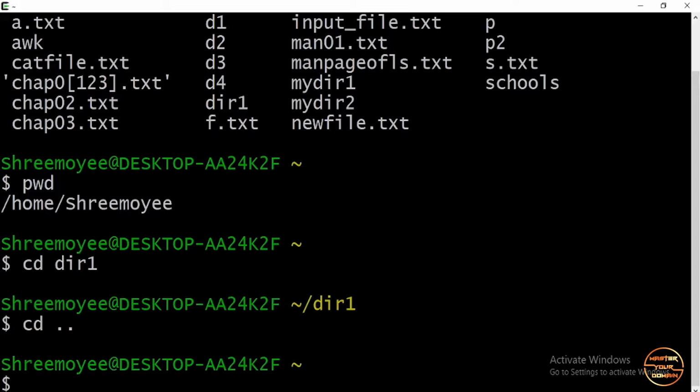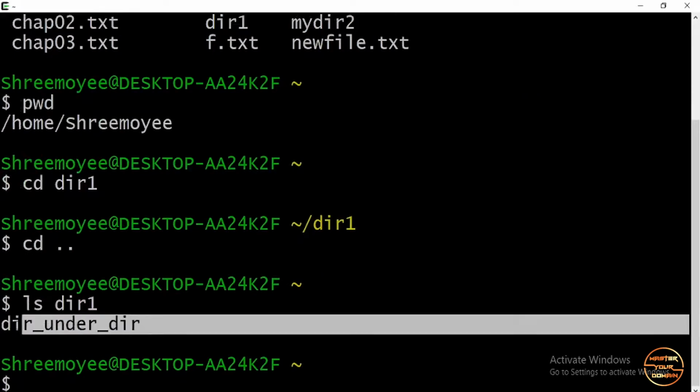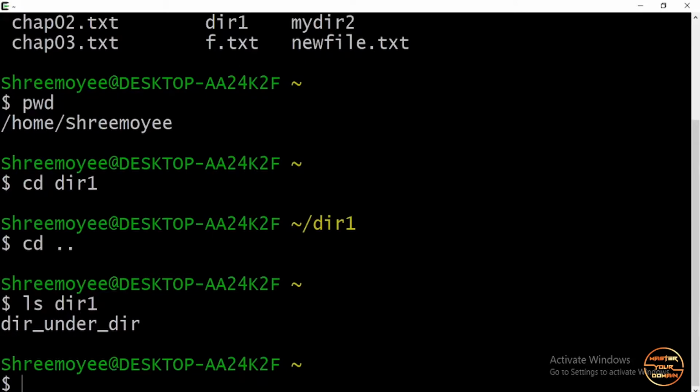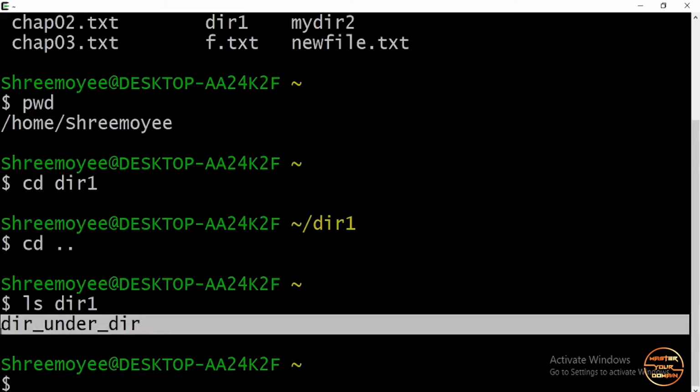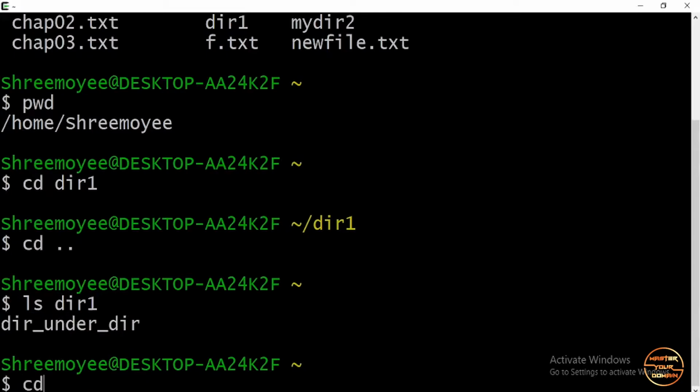Now let me show you the contents of dir1. So there is another directory named dir under dir1, and I'm right now in my home directory and I want to go to dir under dir1. What I can do, I can give cd, then give a space, then the relative path, which is dir1, then a delimiter, because there is a directory change, then dir.